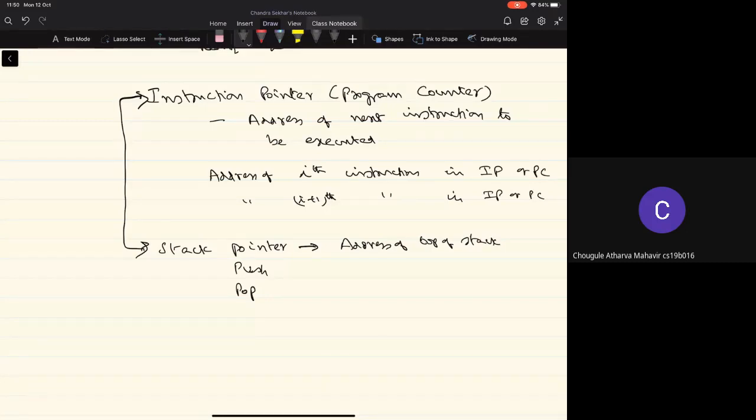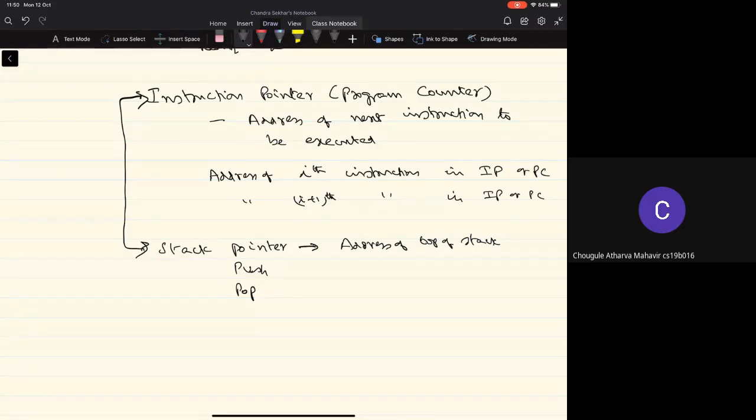And the other functionality that's supported is either decrementing or incrementing the contents of the stack pointer, or only the increment operation in the instruction pointer. Typically, we don't perform the decrement operation in the instruction pointer, right? And so this will be a different type of register, where in addition to having the mechanism to write something into that register or read the content of the register, they should support performing the decrement or increment operations on the contents of the register.